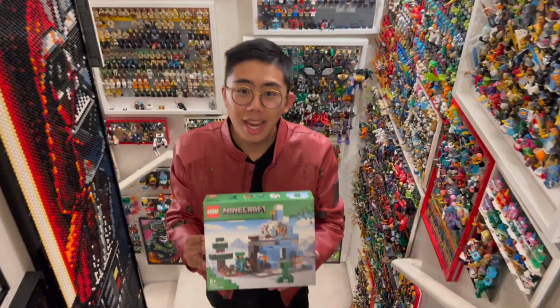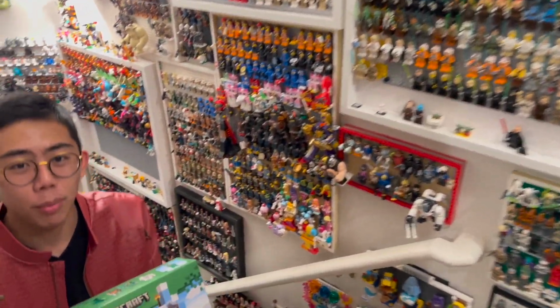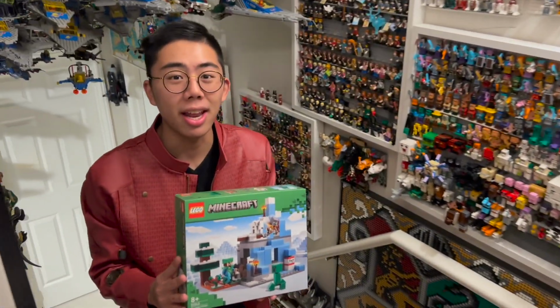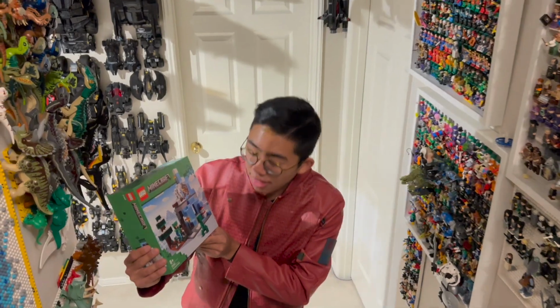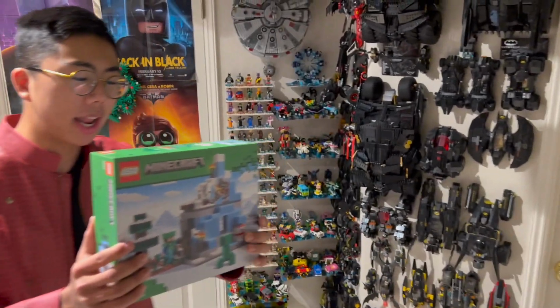I'm Chris, and today we have an early LEGO Minecraft review thanks to the LEGO Ambassador Network. So thank you so much for sending me this set, although of course all the opinions provided in this review are my own. This is set number 21243, The Frozen Peaks from the LEGO Minecraft January 2023 line, which features